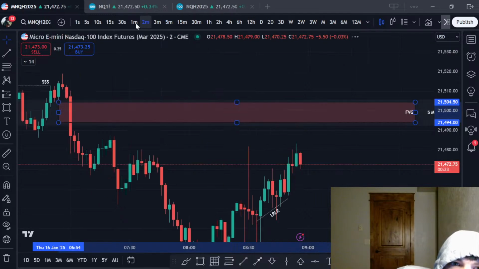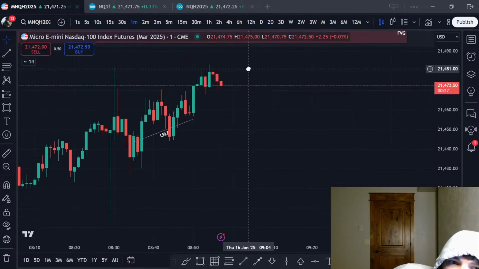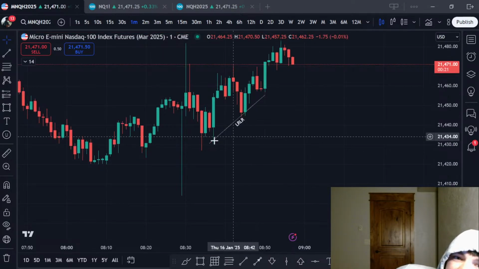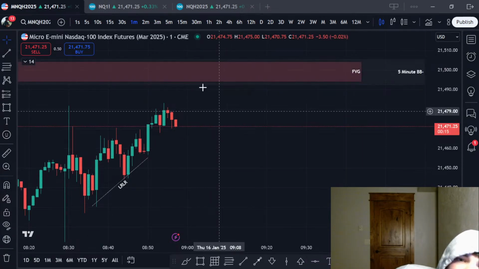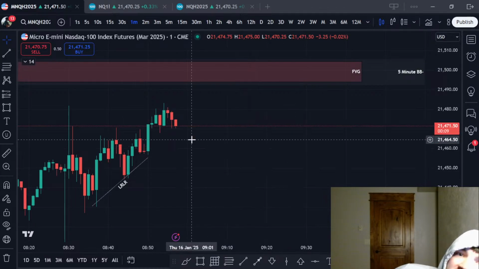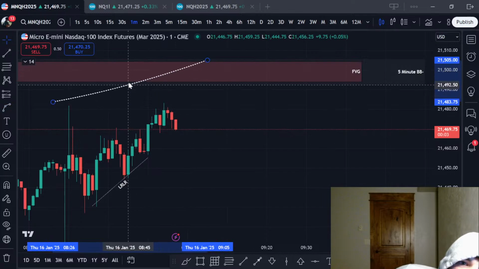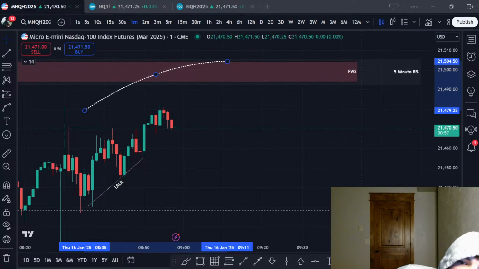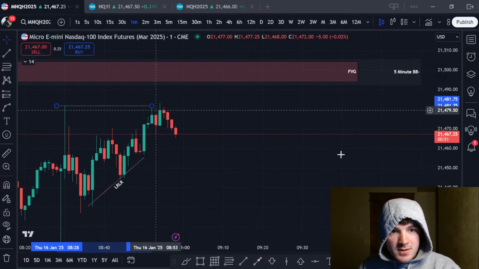Okay, for the fair value gap breaker, what I would like to see, honestly, I'm gonna be super conservative. I would want to see us maybe even get a 5-minute CSD, and then I'd go for a lower time frame entry off of that. I'm just a really conservative trader. I like to make sure that my trades are gonna work. But yeah, you could possibly frame a sell model here now that we've taken the data high. So there's the data high.